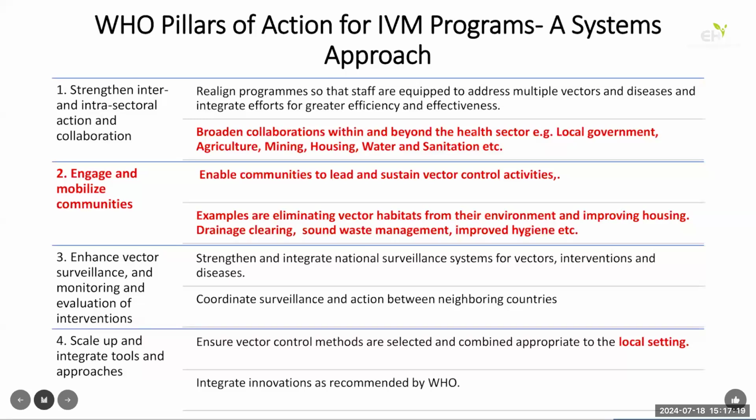So for example, local government is extremely critical when we look at vector control or vector management. Agriculture, we've seen that most of these vectors find themselves in the agriculture sector. And in a lot of cases, similar insecticides are applied within the agriculture sector. And we do know that this is probably where you have a lot of environmental exposure of these chemicals finding themselves in water and ultimately into the food chain. And therefore, you find resistance to these insecticides when we try to do the malaria, for example,